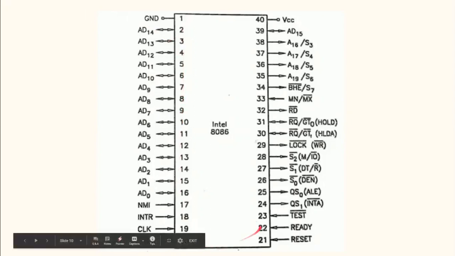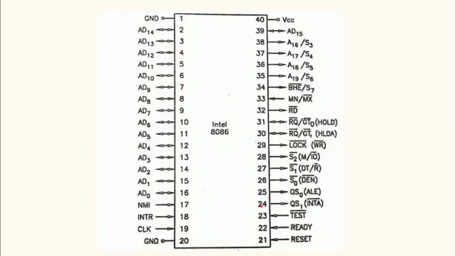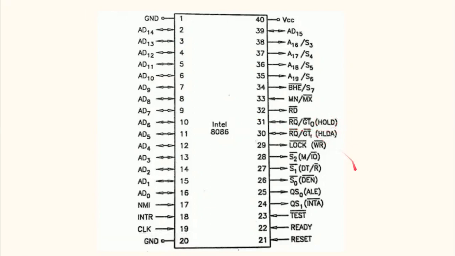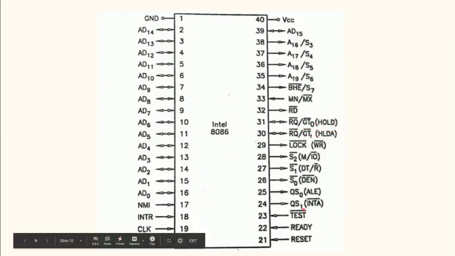If you observe, from pin number 1 up to pin number 23, we have single names written over there. But from pin number 24 to pin number 31, there are 2 names written, one in the bracket and one without bracket. So here, pay attention that all the names written in the bracket are the specific functions of the pin when it is in the minimum mode. So when it is in the minimum mode, only the pins which are written in the bracket will be functional. These others will not be functional.